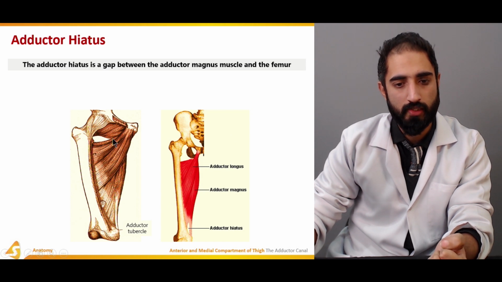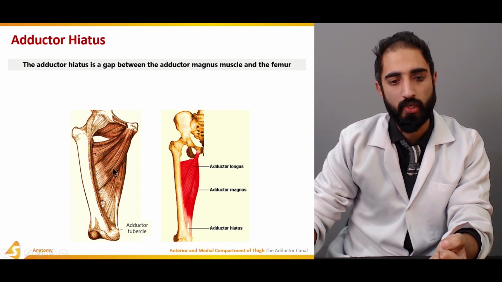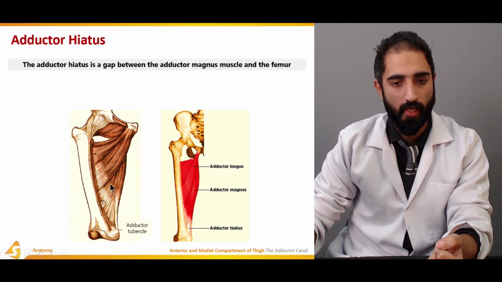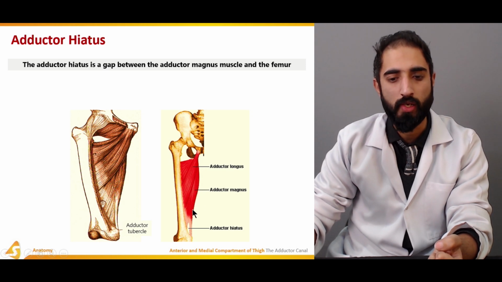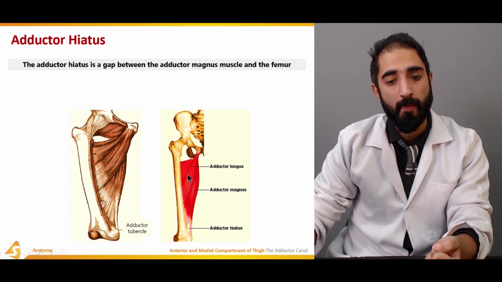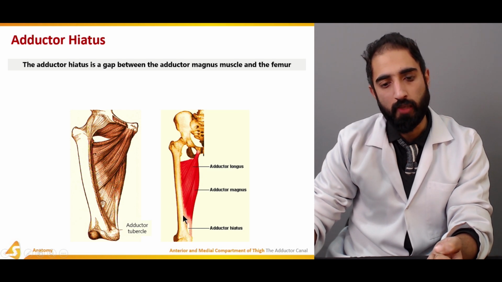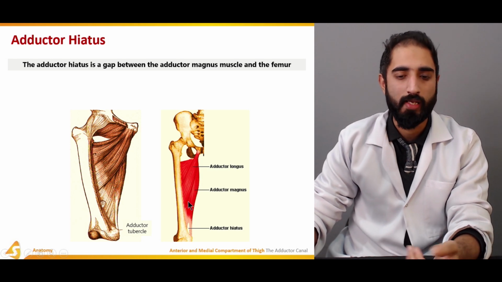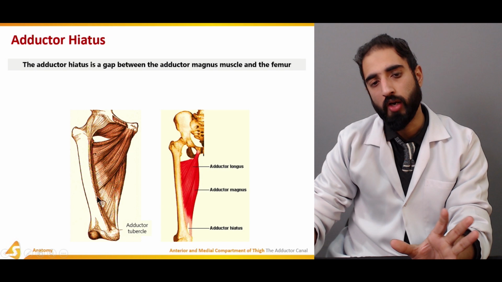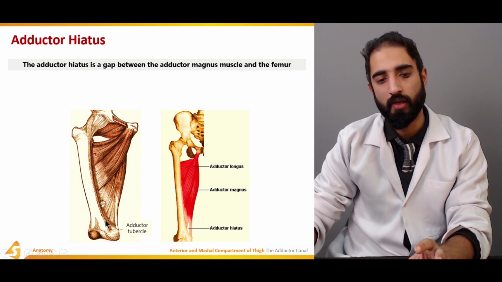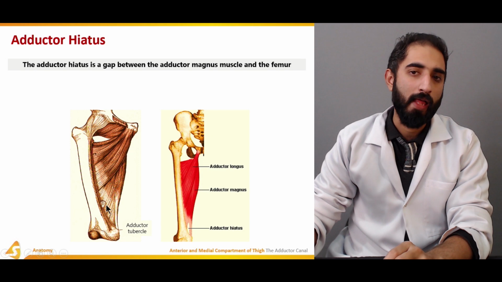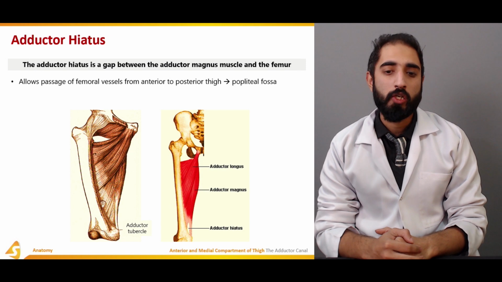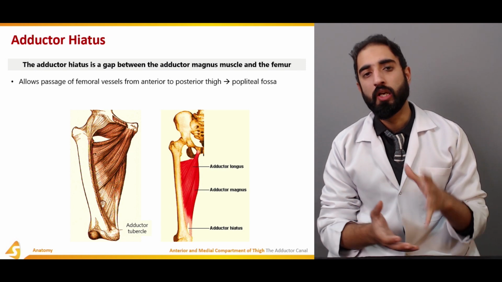Here we can see this one is the adductor brevis. This one here is the adductor longus. And this one here is the adductor magnus. If we remove these two, we can see that this whole muscle is the adductor magnus. When it attaches to the tibia and to the whole of the linea aspera as well as the adductor tubercle, somewhere on the lower distal aspect of the femur, it leaves a gap, and that gap is known as the adductor hiatus, and that is the end point of the